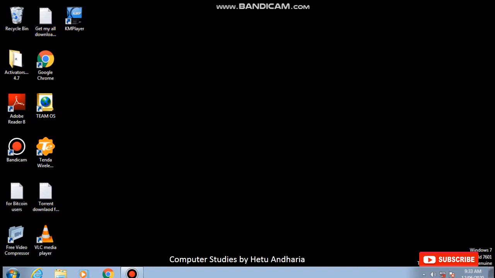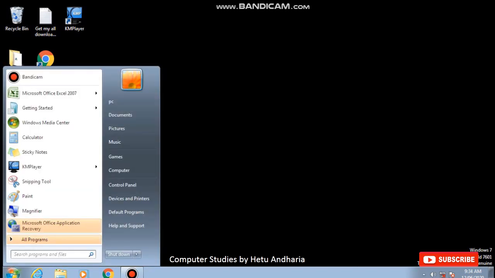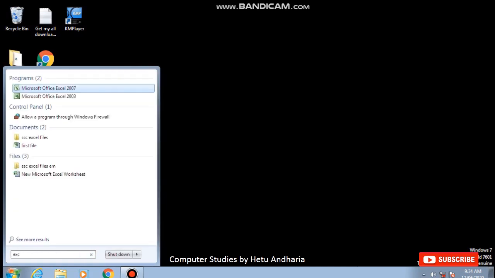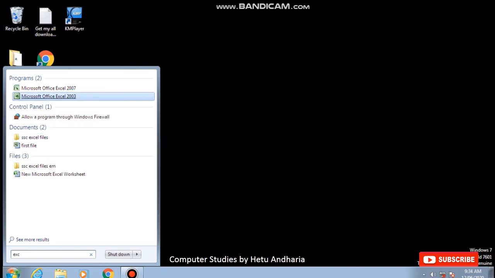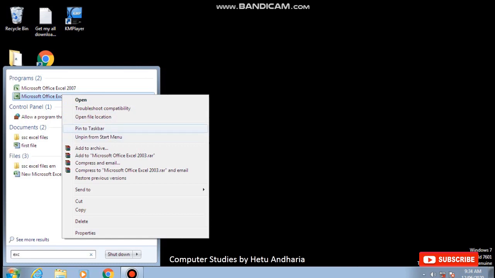So first thing, before opening Excel program, one important thing I would like to teach you. For example, if I want to open an Excel file, then I click on the start menu, then I type here Excel, right? So it will display Microsoft Excel here. Now every time I don't want to waste time typing this much, so I will create shortcuts of Microsoft Office Excel 2003. How to create a shortcut? After typing this much, I will give a right click here and then I will click on pin to start menu. Another thing, I will give a right click and I will give pin to taskbar.